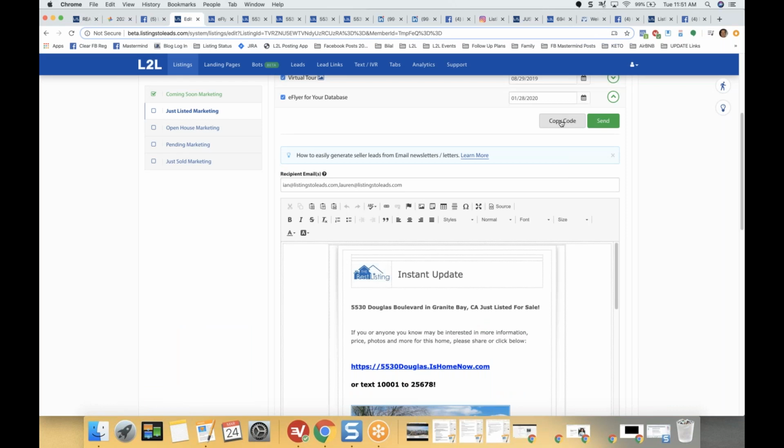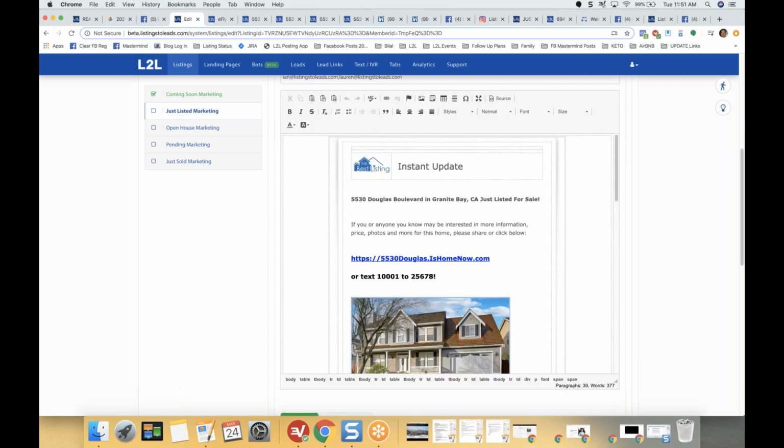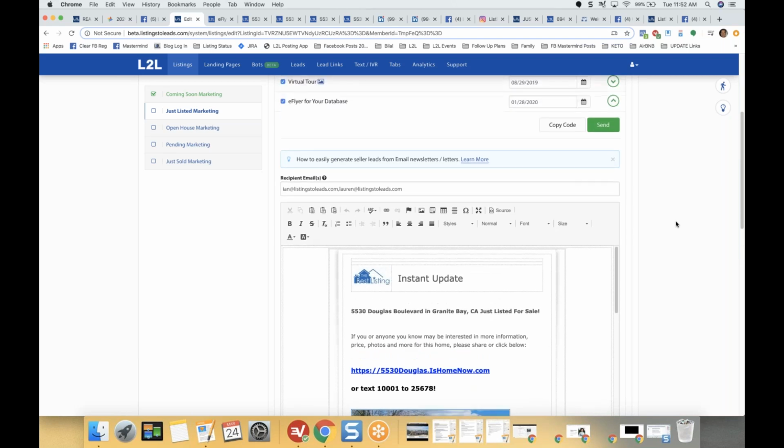I pick a listing and I just copy the code, go back, paste it in and send it out. It takes all of about 45 seconds, once a week. And this, in addition to listing alerts, whether listing alerts for your buyers or for your sellers, so they can stay on top of the homes that are listing and selling in their local area. That and this, you'll be on your way to getting those people in your database into buying and selling